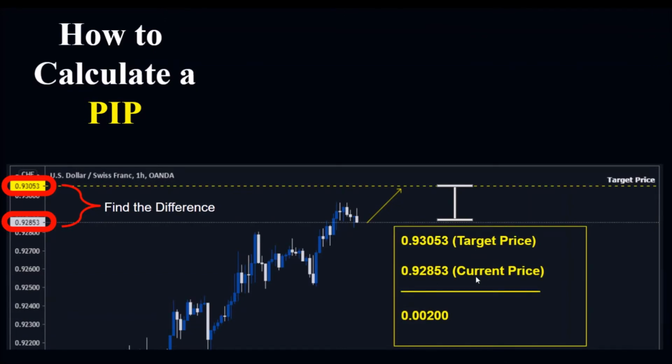And here I have the target price, right? So we want to go to that dotted line that I have here, and we're currently at 0.92853. And like I stated here, we want to just find the difference, right? So the first step in terms of calculating how many pips a market has moved, or how many pips you anticipate a market to move, is you want to find the difference between the current price and the target price. All right, so when I basically perform that calculation, basically just subtracting these two values, you'll be left with